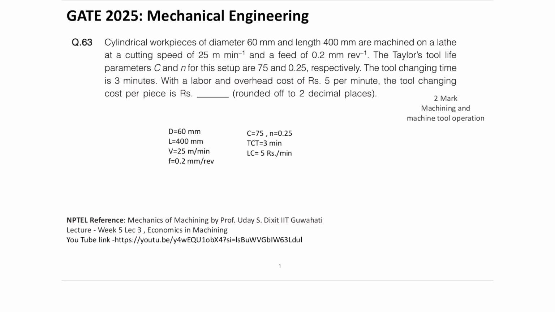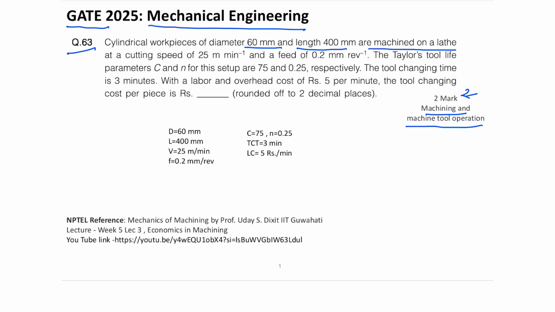Hello everyone, this is a question that was asked in 2025 mechanical engineering. So this is question number 63 and this was asked for 2 marks and belongs to the machining and machine tool operation subject. So it is saying, a cylindrical workpiece of diameter 60 mm and length 400 mm is machined on a